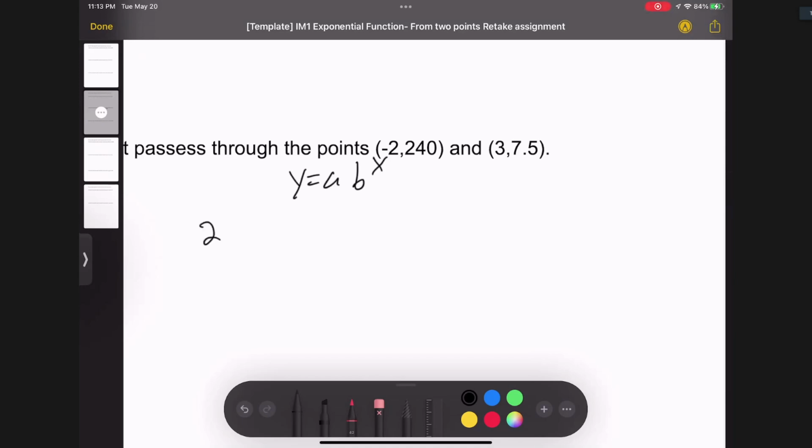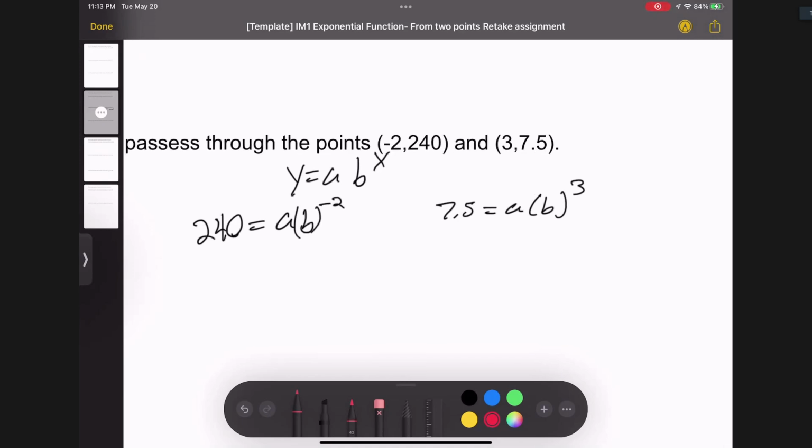You're going to have 240 is equal to a times b to the power of negative 2. That's going to be for this equation. And then you're going to have 7.5 is equal to a times b to the power of 3. Now,